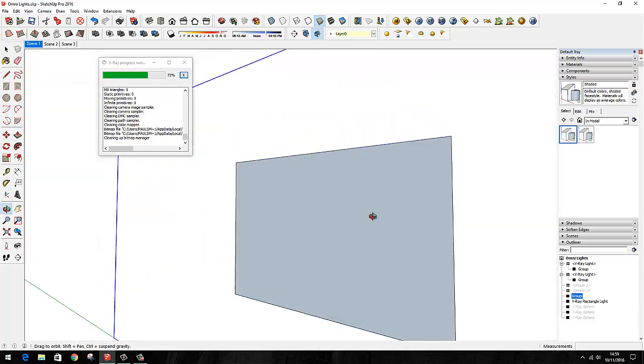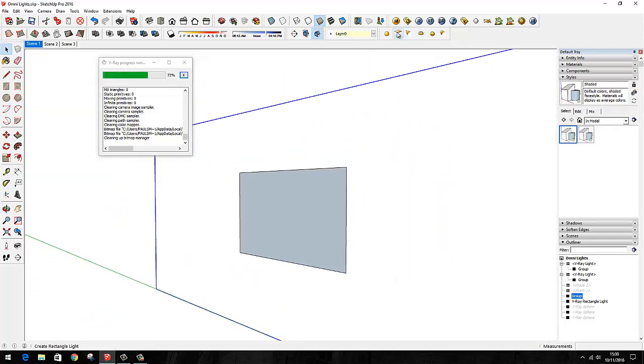Rectangular lights are created by using this icon, and then you click and drag. Let's see if we can do a better version of that. Then you click and form this rectangle. So it's unlike a VRay plane, which creates an infinite plane in all directions. Also this is size dependent, because the bigger the surface area of the VRay light, the more it's going to cast. So I'll just get rid of that for a second and go back to scene 1